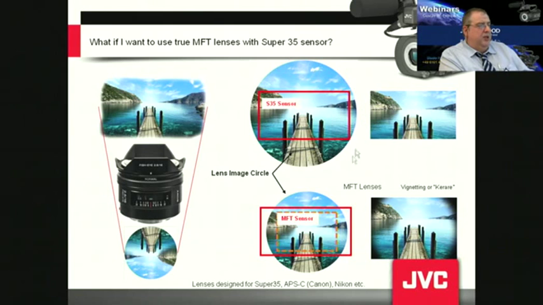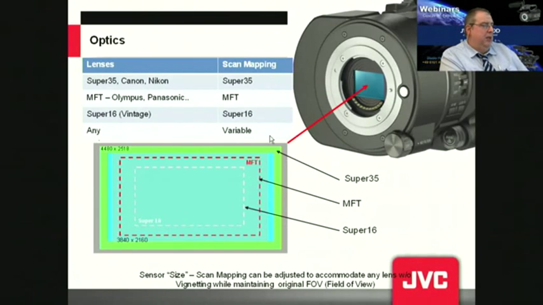And here is another example. This is our image screen. When we use the sensor, it must be matched into that screen, and our picture result will be this. If the lens is made for a different, smaller sensor, like an MFT sensor, and we use a Super 35, we get this black area, which is called vignetting or the Carrare effect. And don't mind, we have the scan mapping, and with the scan mapping, like here, we can easily adjust that